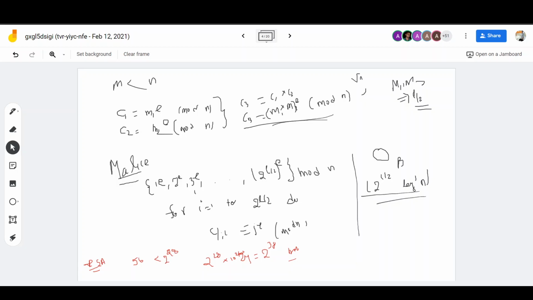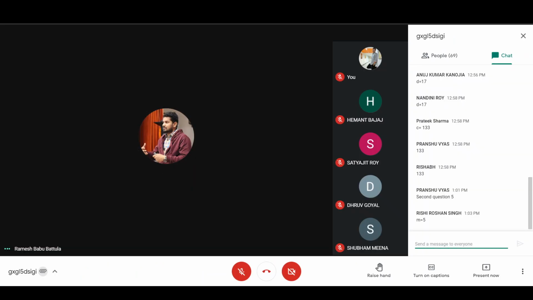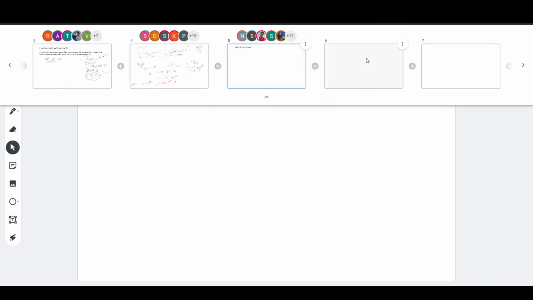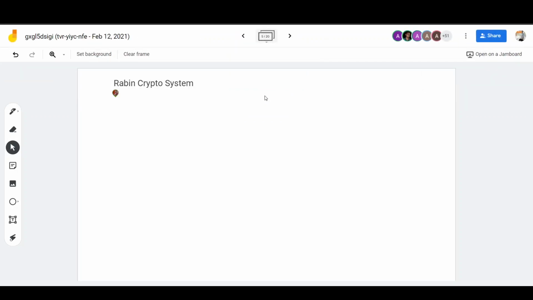Rabin cryptosystem. In this Rabin cryptosystem, it will protect against the CPA or CCA attacks on the RSA algorithm. But there is a difficulty in conveying the correct message to the users. To convey that, there are a lot of problems. We'll see the algorithm and we will find that.